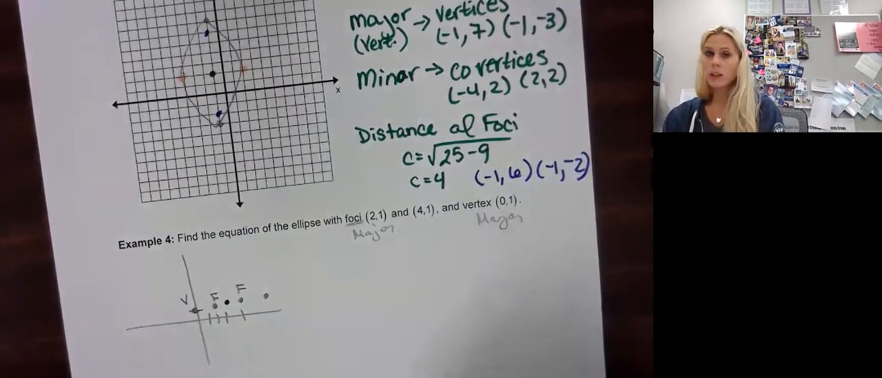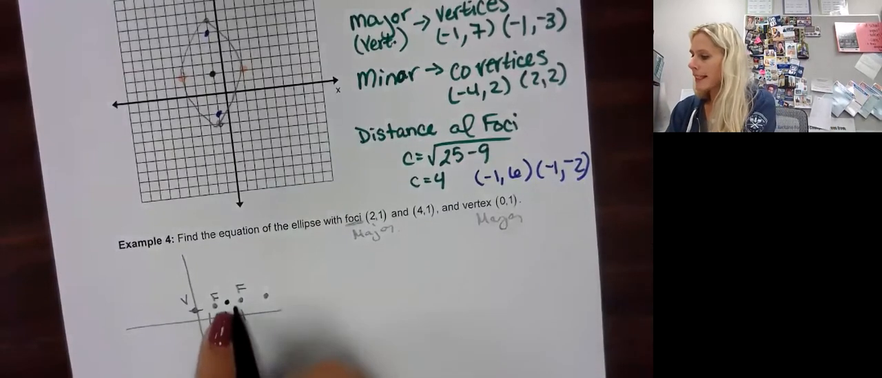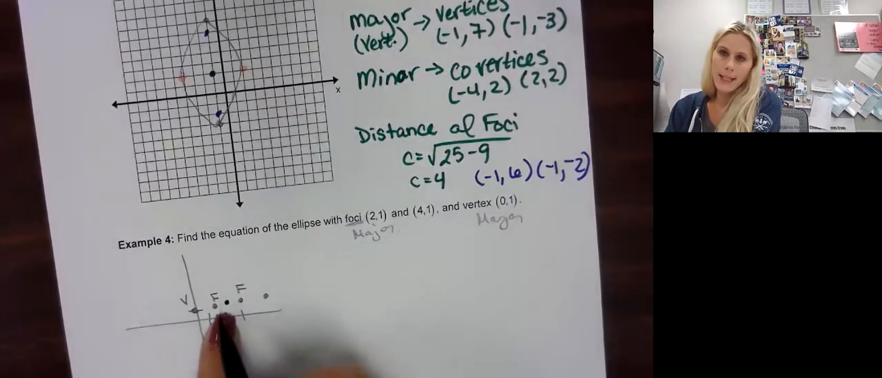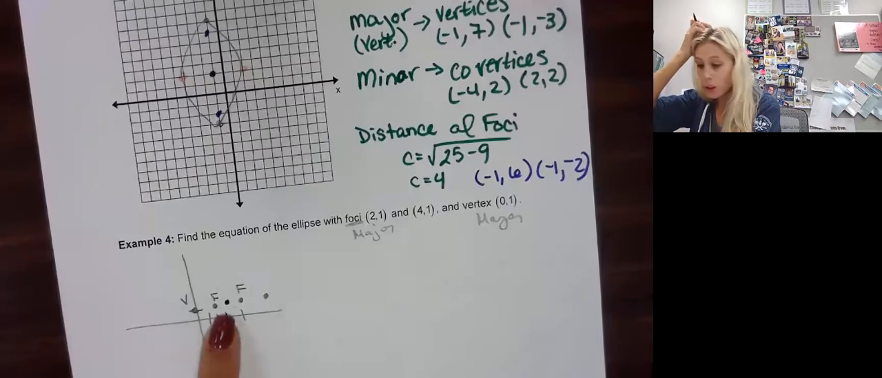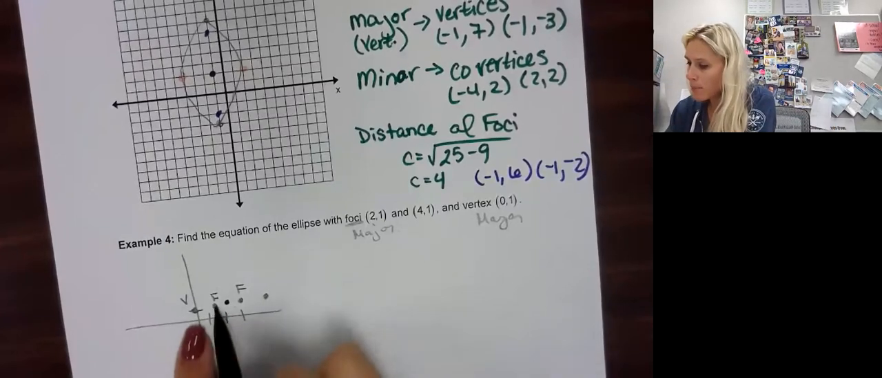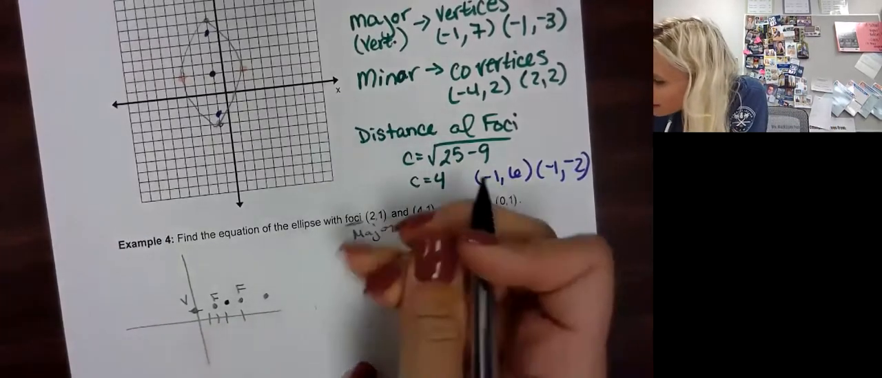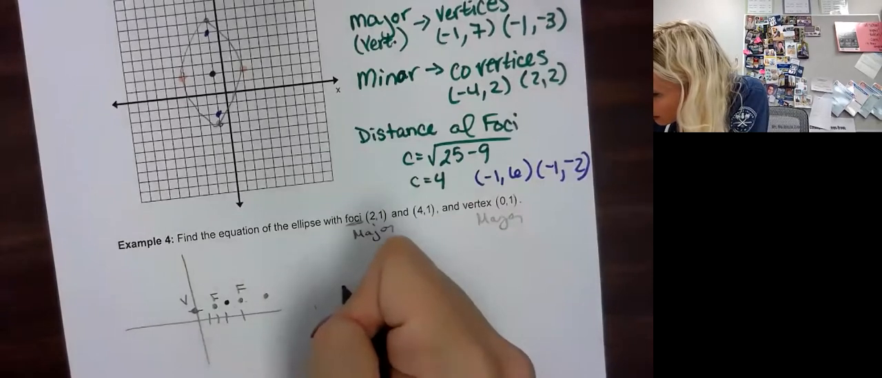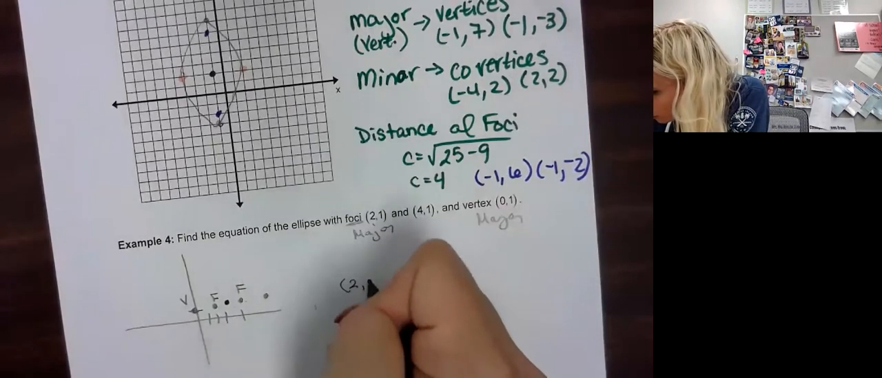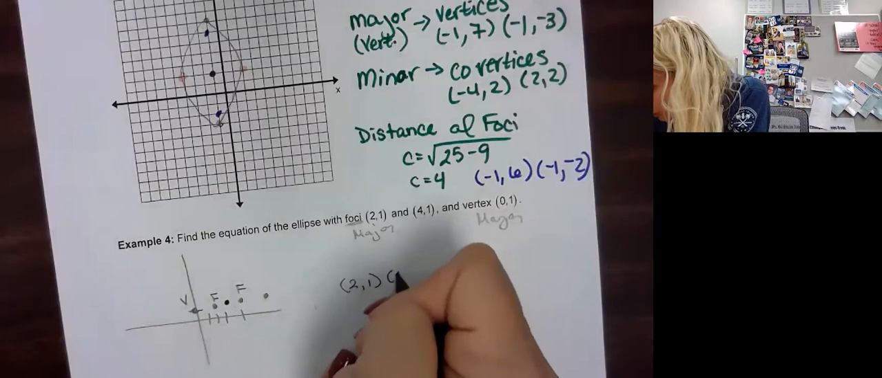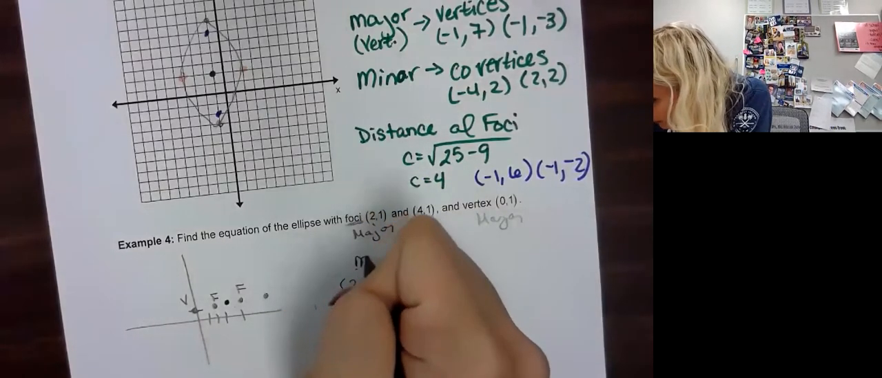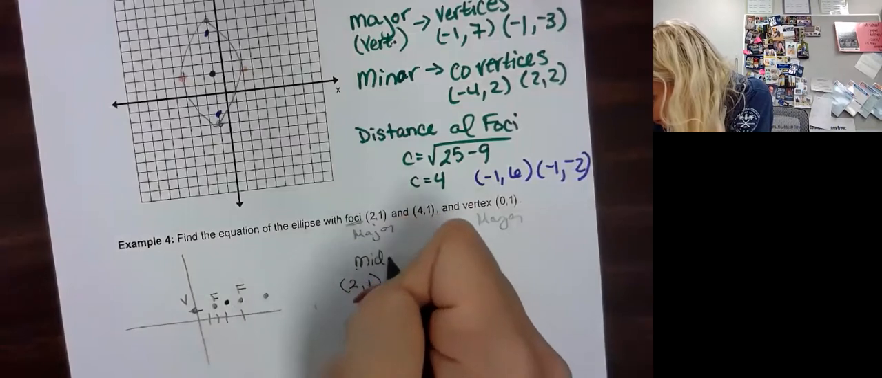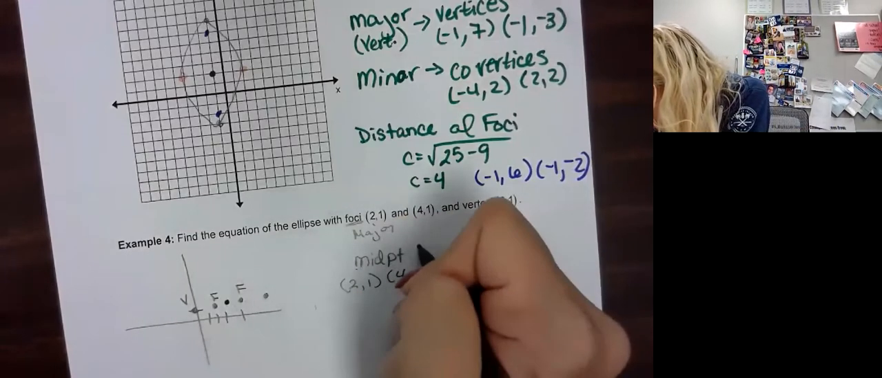The first thing we're going to do is find our center. Our center is the distance in between the foci. So we could probably actually do the midpoint between these two foci. To find the midpoint, you would take 2, 1. So let's label this for future notes, okay? So these are midpoints. So midpoint between